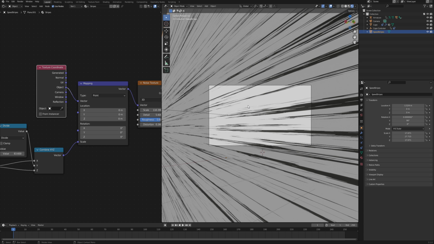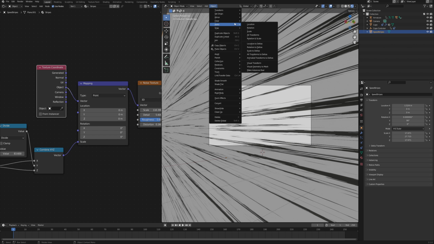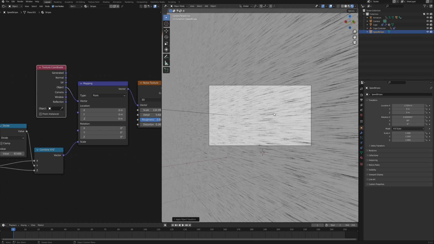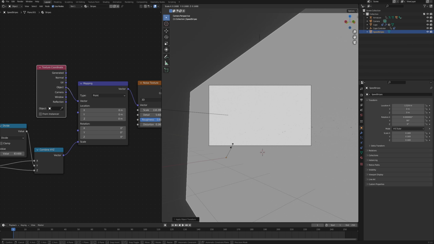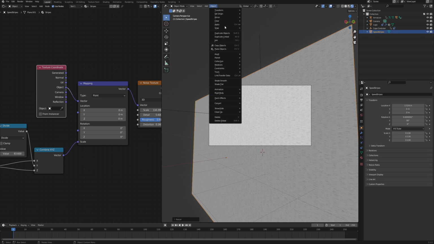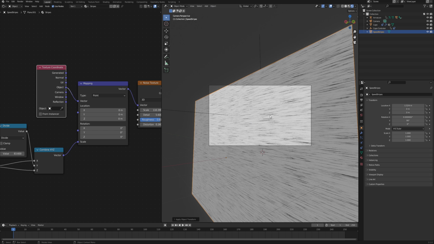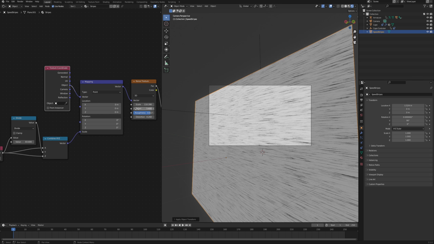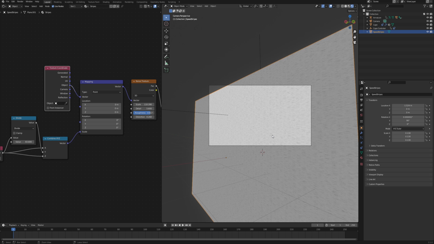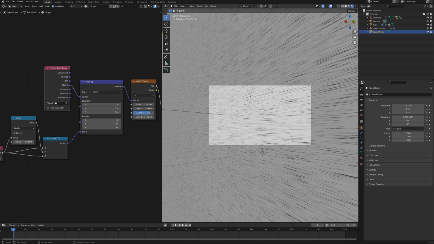That is because right now we have this plane, and we can go to object, apply scale, and you can see that the scale is now very small, but then if you find the need later to scale it up or down, then you can do so, and then as you apply the scale again, the size of your stripes will be consistent, so that you don't have to adjust all those little values every single time, but you just make it right once, and then as long as the scale is applied, it should stay the same size.